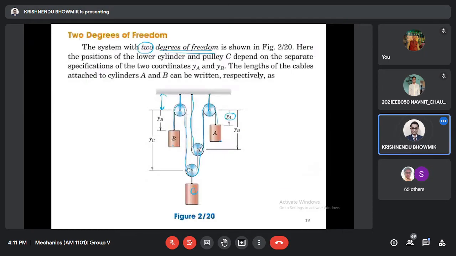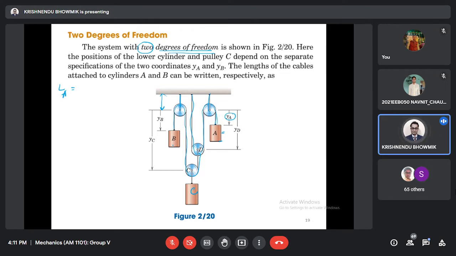Now here this distance will be fixed. Any distance you can consider that is fixed. Now we have two cables. You can consider two cables, cable 1 and cable 2, or maybe cable A and cable B. That is also fine. So for cable A, the length LA is equal to